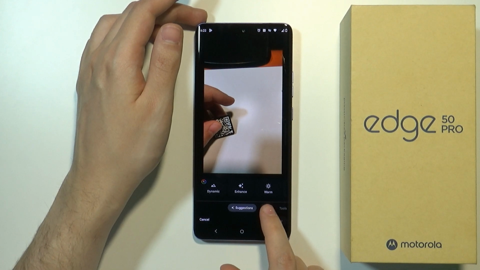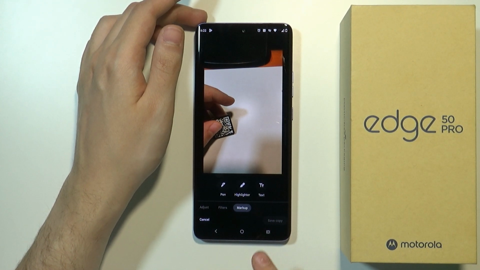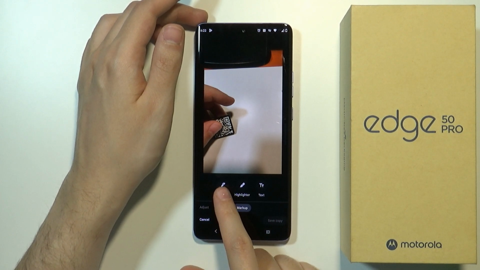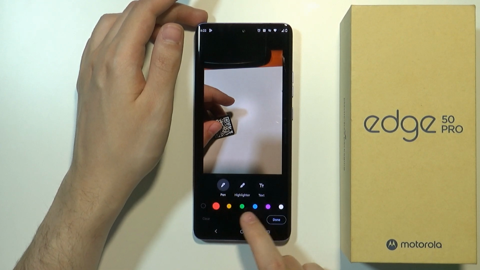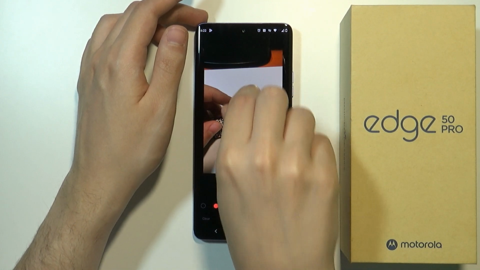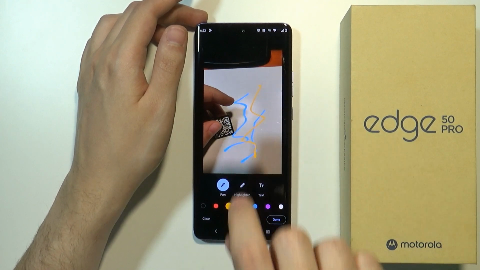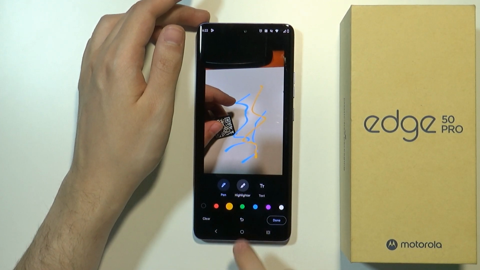After that we want to switch the mode at the bottom to markup, and then we have pen. If we tap on pen, then we can also select the color, and then we can start drawing something on the photo. Of course we can switch the color. If you want to, you can also use the highlighter instead,